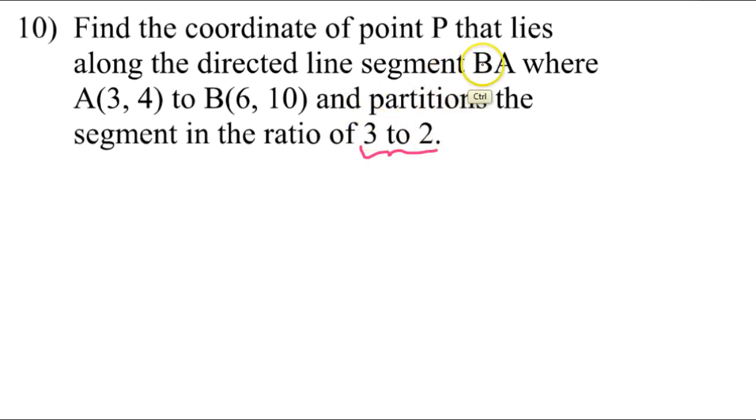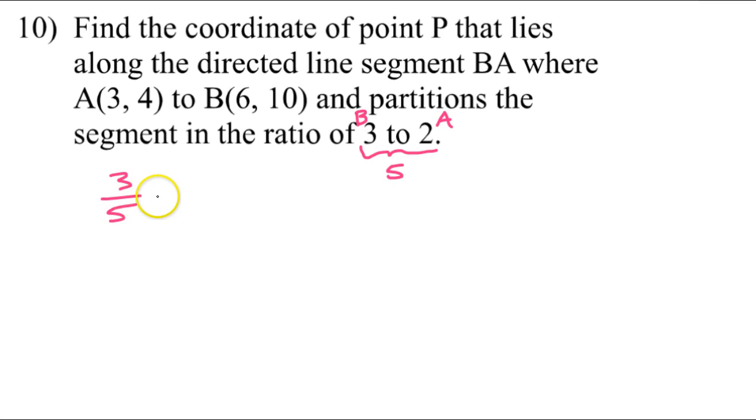So here's the big change. Because we're dealing with segment BA, that means the B is going to be associated with the 3, and the A is going to be associated with the 2. Now the total of these is 5, so that's where I'm going to get the fractions 3/5 and 2/5. Now those fractions tell me that when I find the point that partitions or splits the segment in the ratio 3 to 2, that point will be